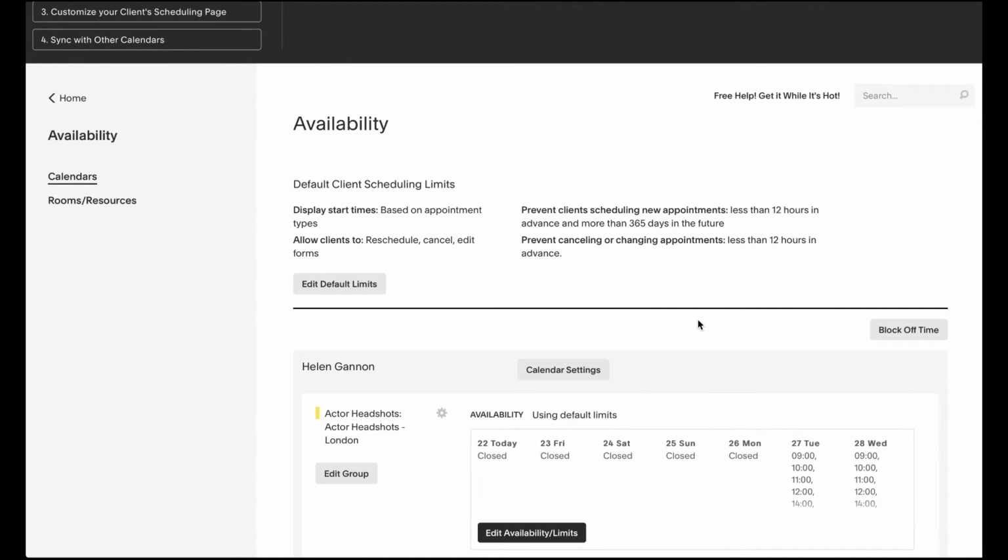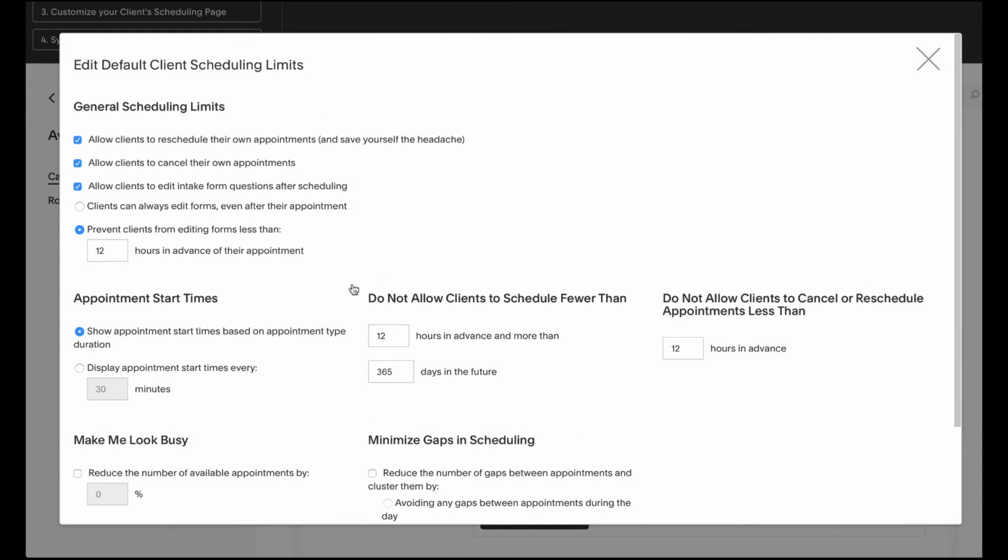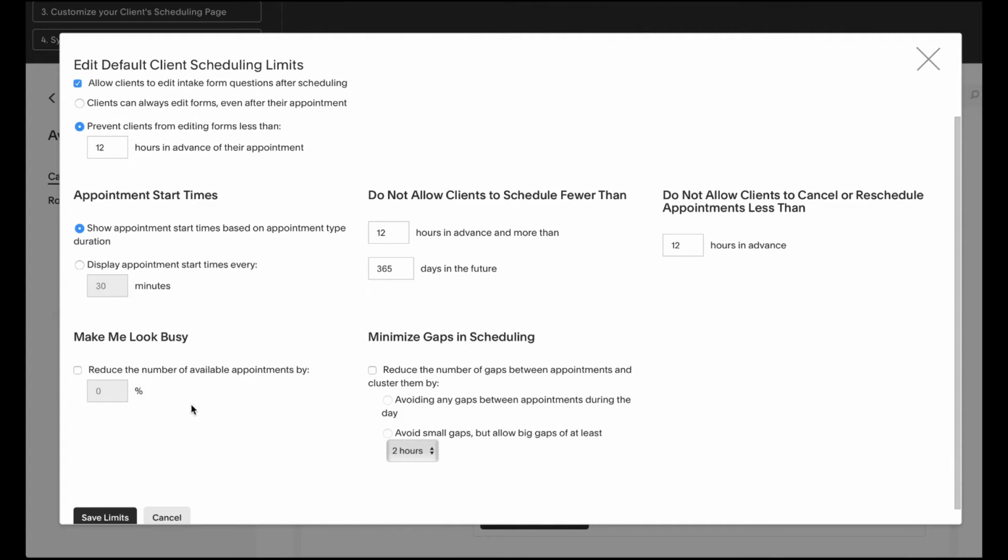One more thing to mention, which is quite cool, is to edit the defaults for the system. Now, these basically specify when people can change their appointments, and how the clients interact with the system. And one option that we really like is this one here, which is make me look